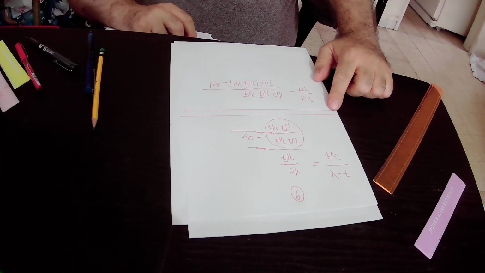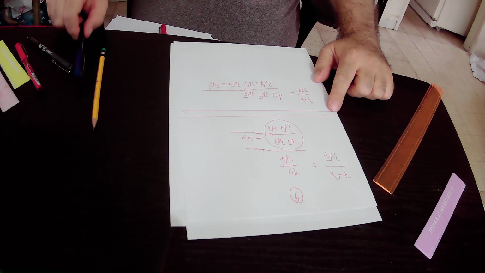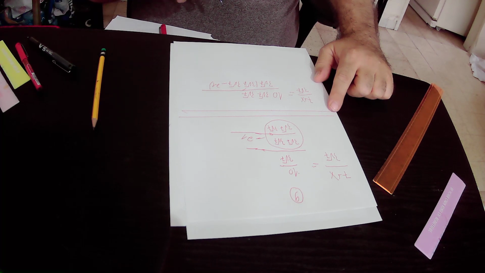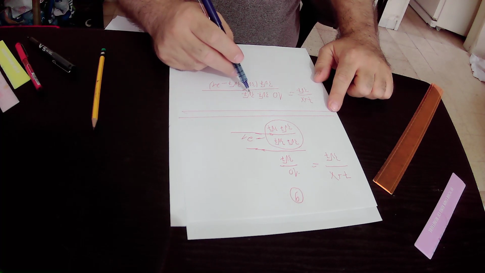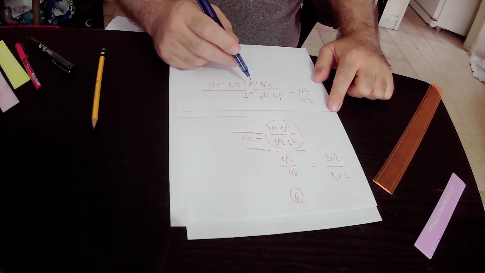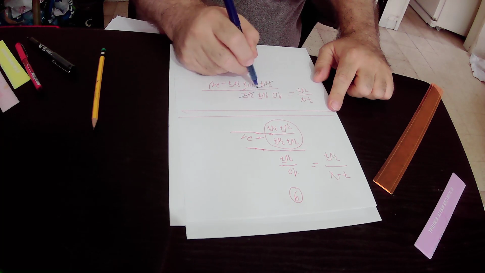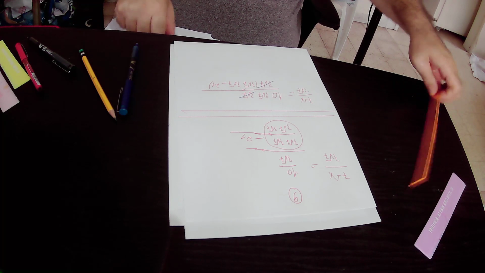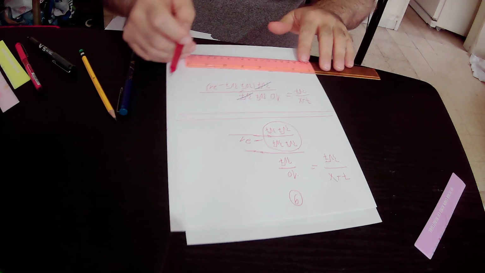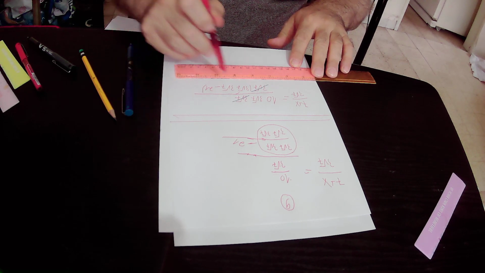Okay, so here we have 3 times root 7 in the numerator, and we have 3 times root 7 in the denominator. So 3 times root 7 will get cancelled, and what is left after we cancel 3 times root 7 in this equality is